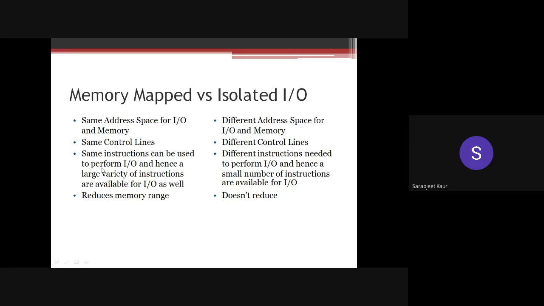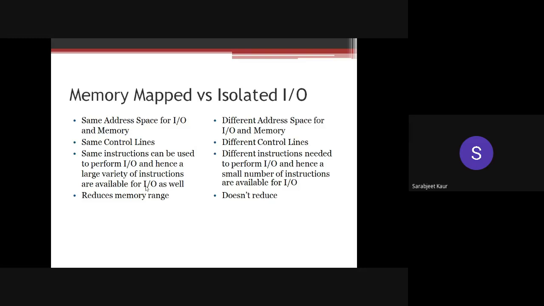The same instructions can be used in the memory mapped IO, as I just told you. You've seen in chapter number 5 that for input output there is a very small number of instructions. Same is the case in most computer architectures, that for IO the number of commands is limited, whereas for memory